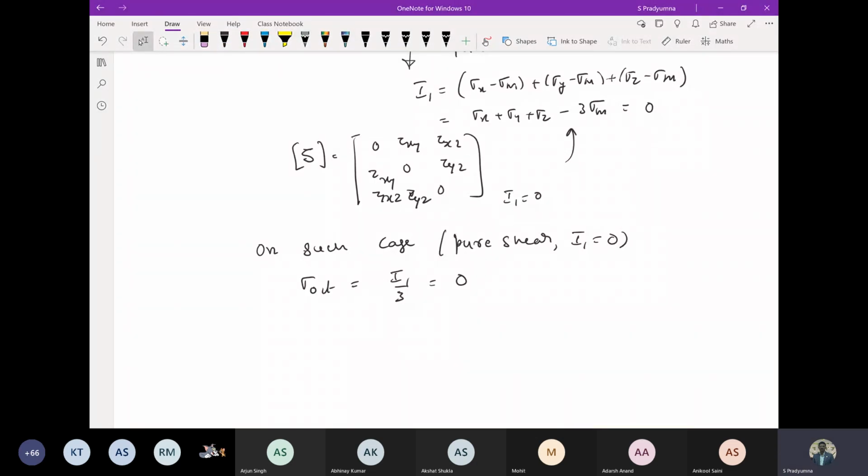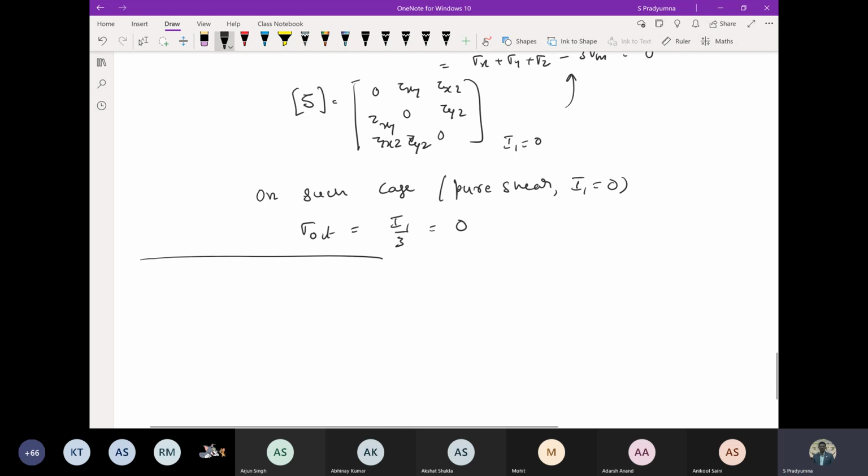Okay, so this is about the general state of stress. There are certain things we discussed. This is about what we call the decomposition of stress, how to use the principal stresses for the given state of stress. Now we move on to one more case, which I already discussed in the tutorial class also, which we call plane stress.